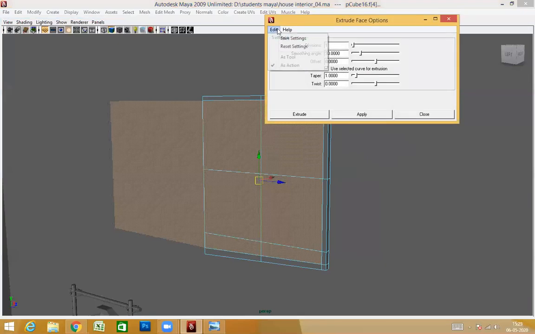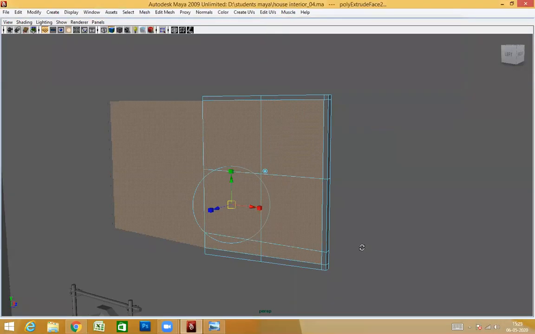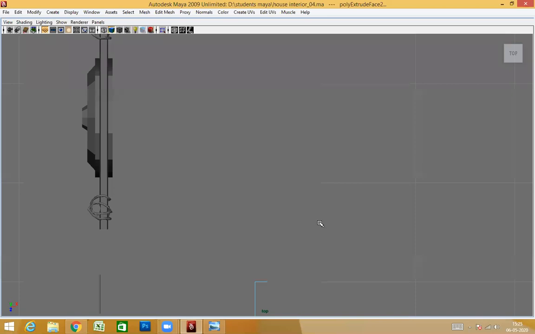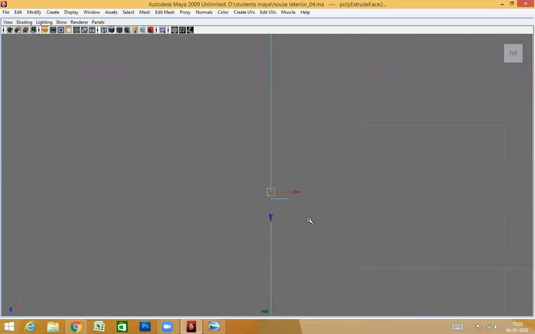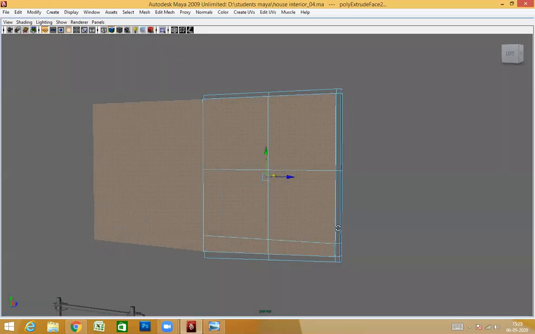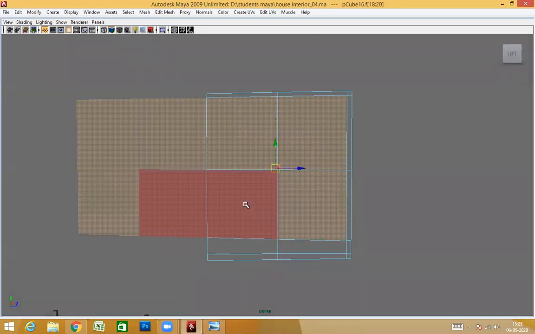Just go to the options of extrude and reset, and I'll extrude, just a bit, not more. Okay. Next, another extrude